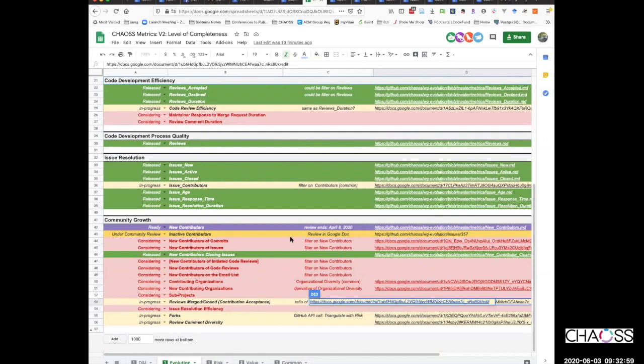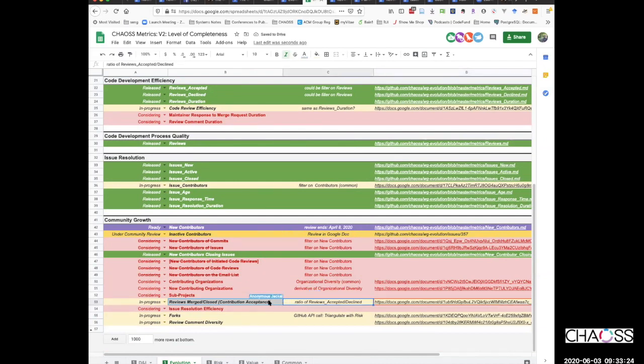So I think my answer mainly depends on if we call the metric reviews merged closed, or if we specifically call it contribution acceptance, and focus explicitly in the description of the metric on the ratio of merged pull requests, merged reviews, to all non-merged reviews.